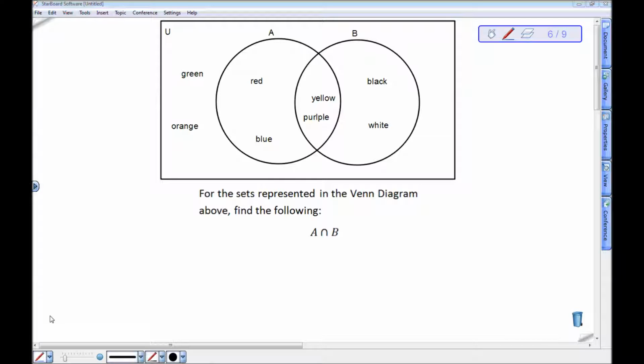I want to go through some examples of doing set operations. I want to go through them having the Venn diagrams already drawn for my sets. So I'm actually going to use this Venn diagram for all four of these examples here. In this picture, just so that we're all on the same page, notice that A is a set that has red, blue, yellow, and purple in it. So A is red, blue, yellow, purple.